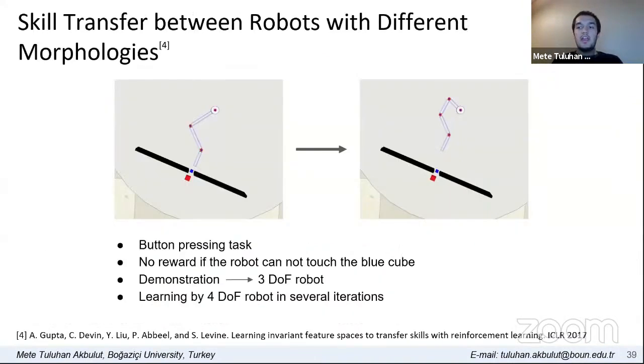The last experiment aims to evaluate the transfer learning capability of SCNMP. We adopted this experiment from Gupta et al., where 2 robots with different morphologies are provided with proxy skills to learn how to transfer policies. Given that the 3-degree of freedom robot has the skill to achieve a button pressing task, the 4-degree of freedom robot should benefit from its experience and acquire the skill quickly. Note that this task is extremely hard to learn from scratch because the robot does not receive any reward unless it can touch the button.